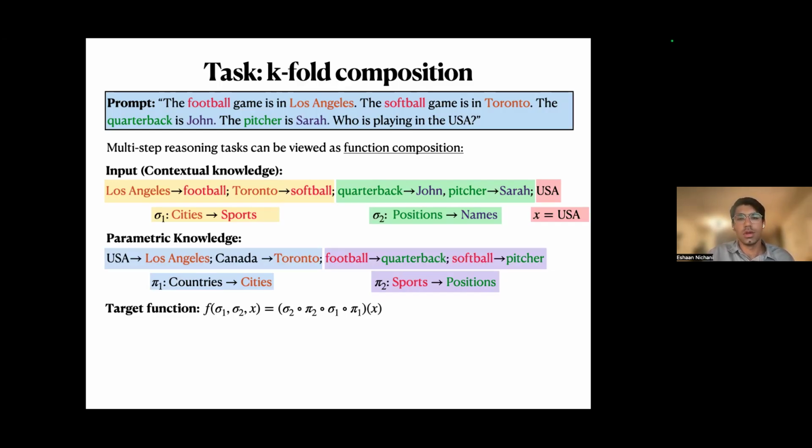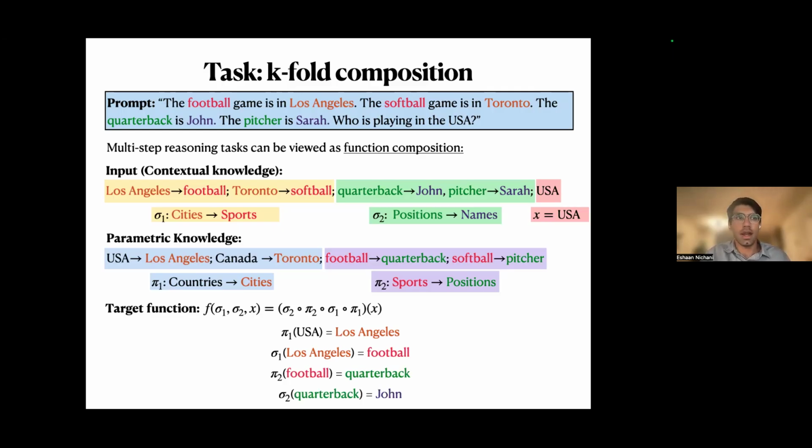Okay. So in particular, the model must perform the following sequence of computations. First, it must map the index x, USA, to Los Angeles using the hidden permutation pi 1. Then it must compute sigma 1 of Los Angeles, in this case football. It must then compute pi 2 of football, in this case quarterback, and then finally compute sigma 2 of quarterback, which is John, and output the final answer of John.